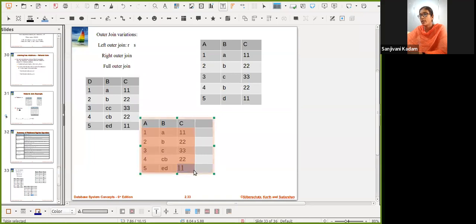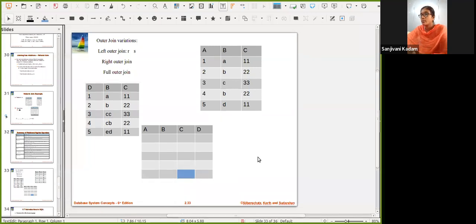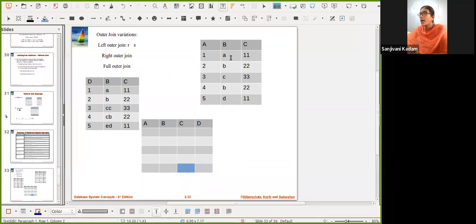Initially I will not have any values in my relation. The output of my natural join will have these four columns. This is my R relation and this is my S relation. I wanted to perform natural join between these two, R and S. Right now we have two common columns, B and C.